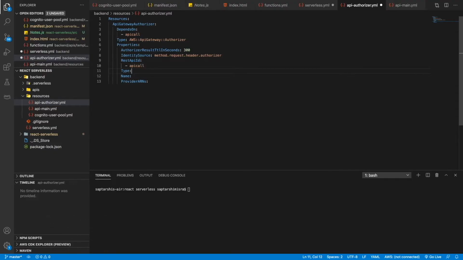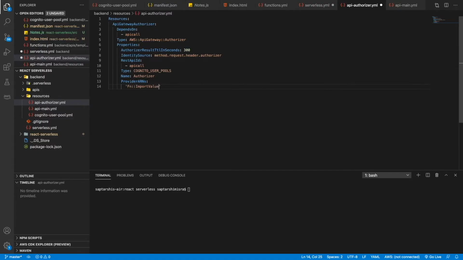Okay, the type is going to be Cognito_user_pools. This is what we see, and the name. So I would choose a name to be something like authorizer, doesn't create any problem. The provider ARN is something that is going to be Fn